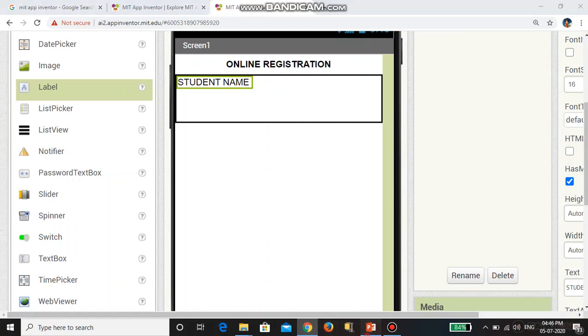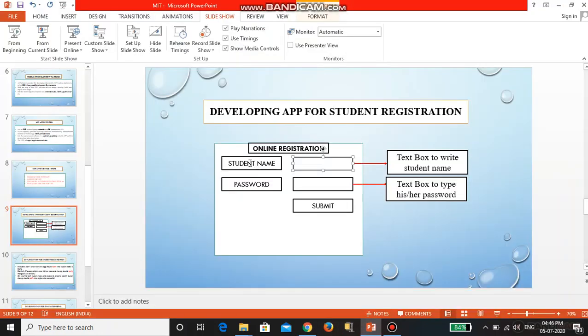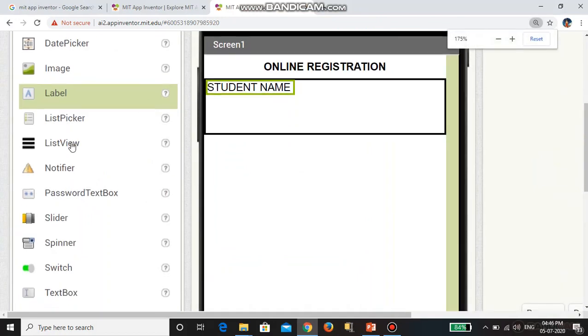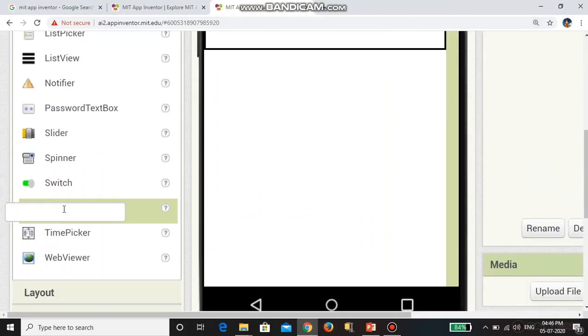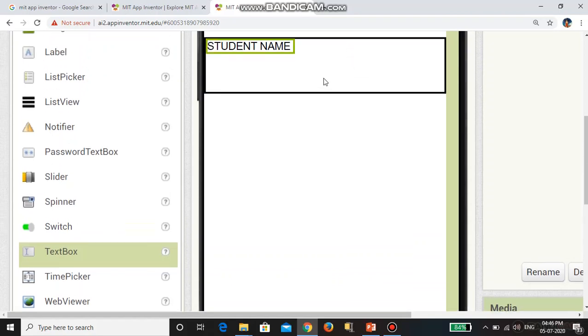Next I want a text box. See in the design, I want to give the name and then a text box for writing the name. So for this I'm going here to text box. See here you can see text box.